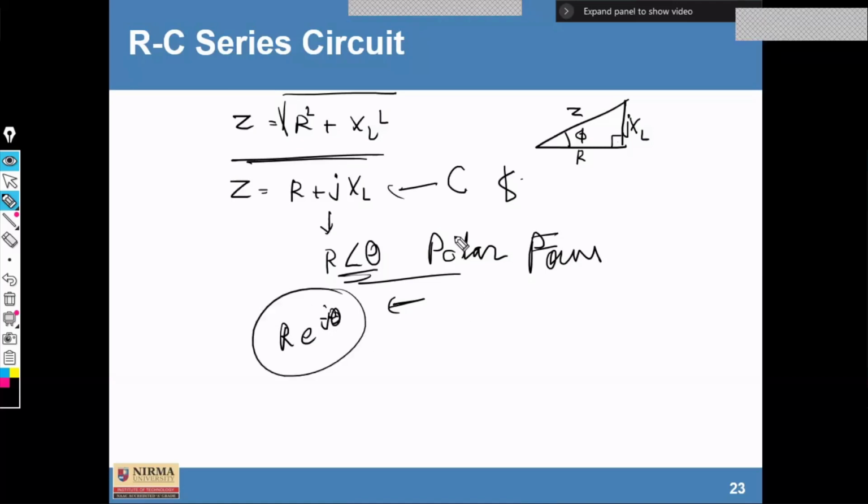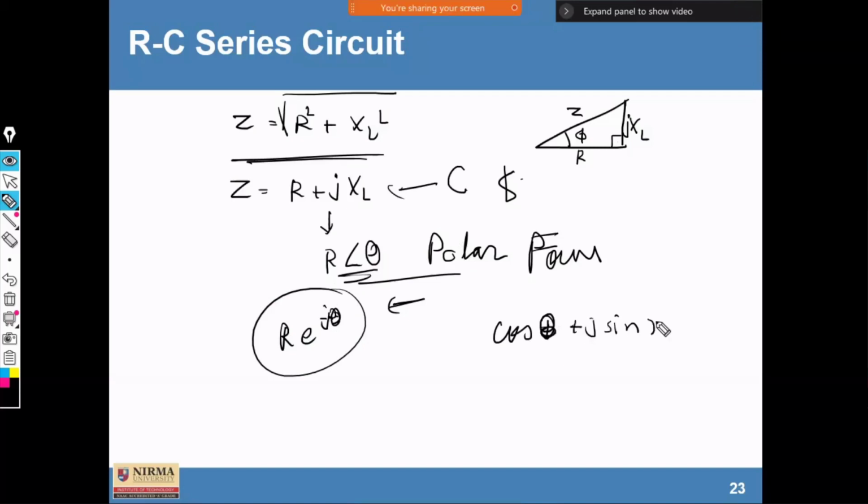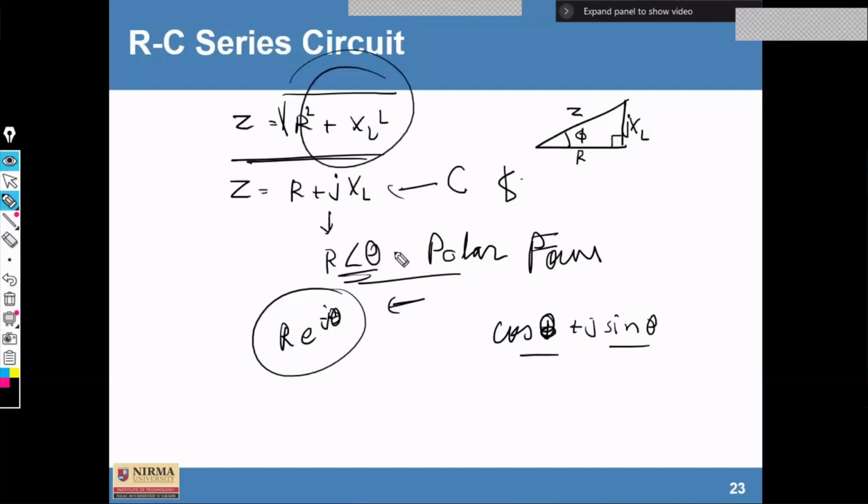And another way of representing is the trigonometrical form: R cos theta plus j R sin theta, like this. So if you know these four different conversions, fine, if you know the values of R and XL, you can write all such things in polar form, and either from polar form to Cartesian, then Cartesian to exponential form, or into trigonometrical form. So that conversion is very important to understand before we proceed to the examples.